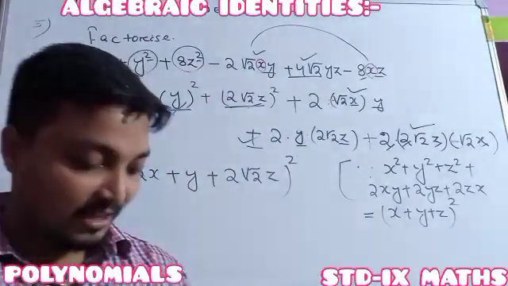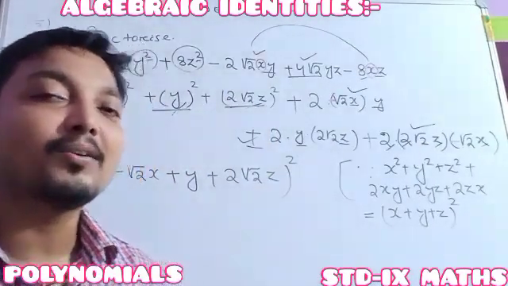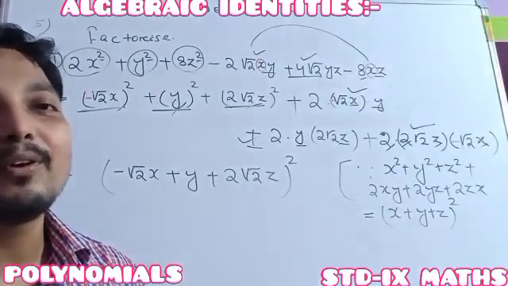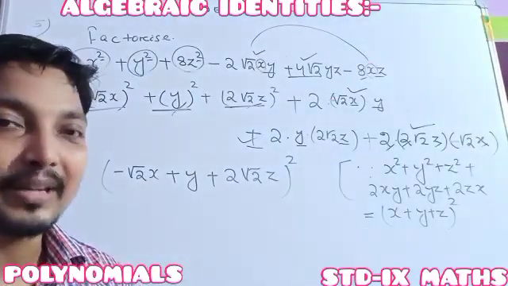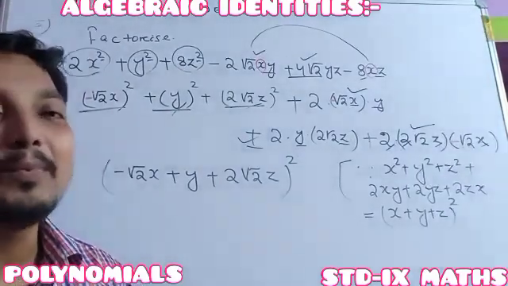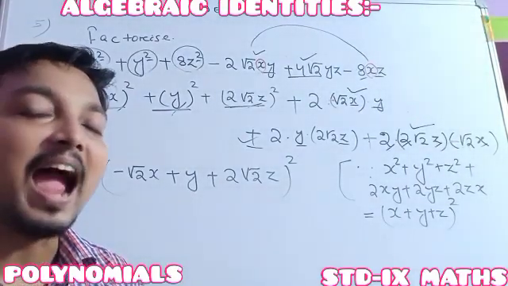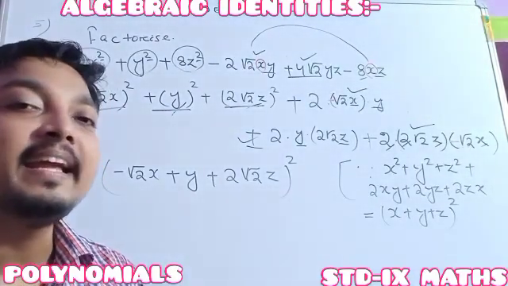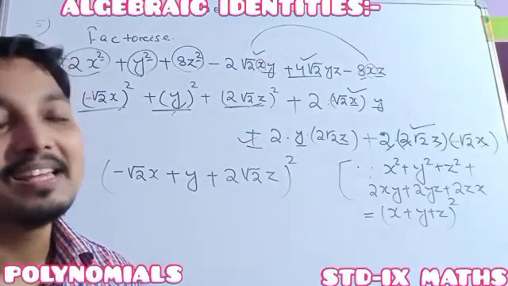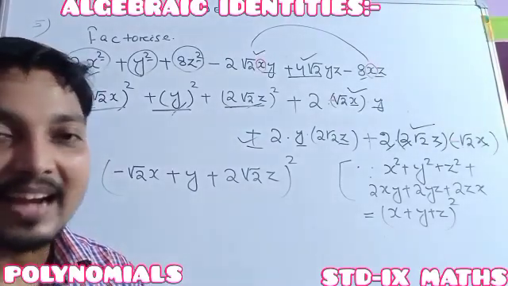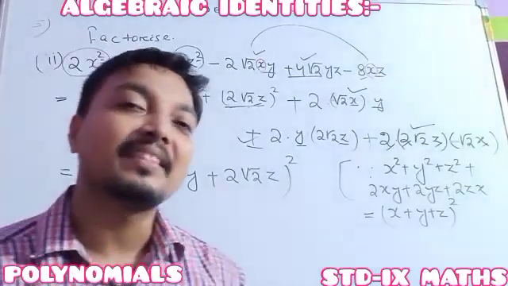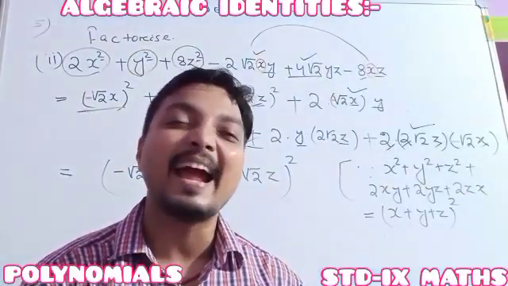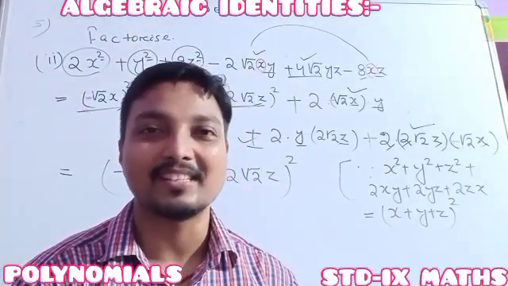Ready? Actually up to this, whatever questions we have done, everywhere the degree was 2. Okay, so in the next class we will discuss algebraic identities where the degree will be our 3. Okay, so then after, regarding degree 3 algebraic identities, we will do the discussion. Then after, a few questions regarding this also we will discuss.